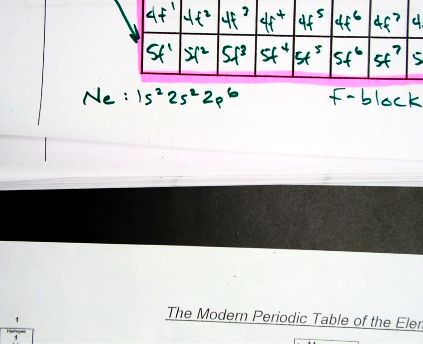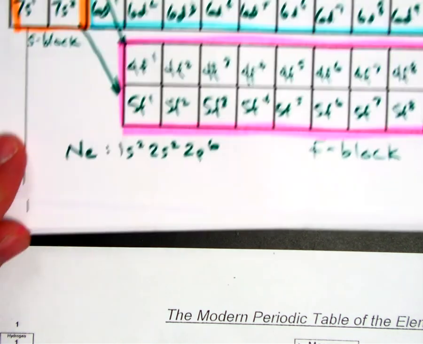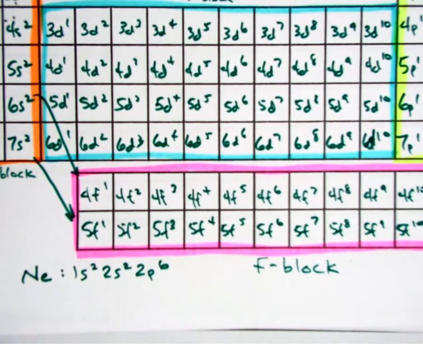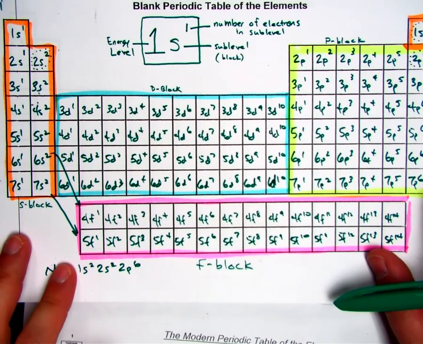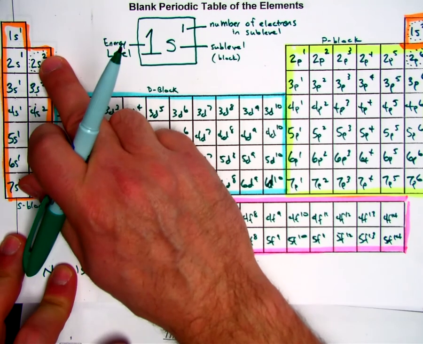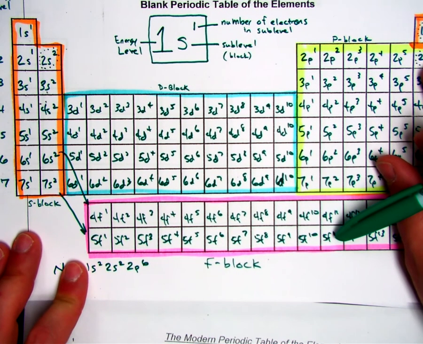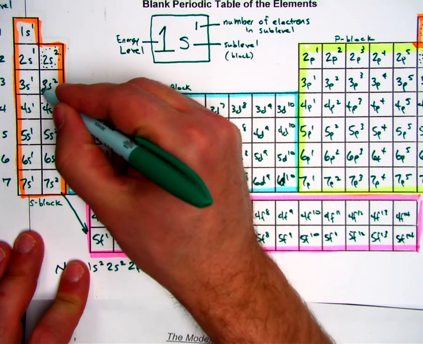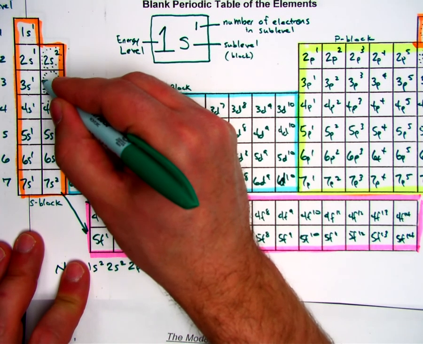Now, what if you had an element that was further down? Like, let's say the first one I gave was nickel. Remember that? Okay, so if I was to find nickel, I go back to what I started with. I always start at the first element and I travel there. So the first one I'm writing down is 1s2, 2s2, 2p6, but then I keep going because that only gets me to neon. So the next place I'd write down is 3s2 because that's the end of energy level